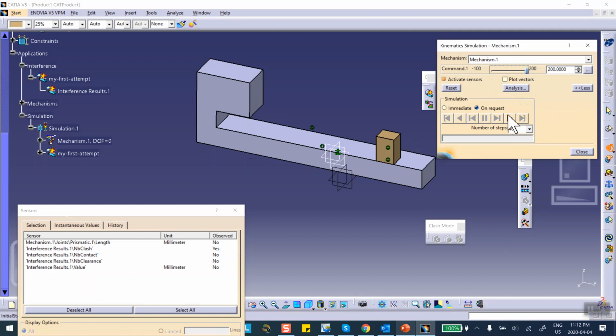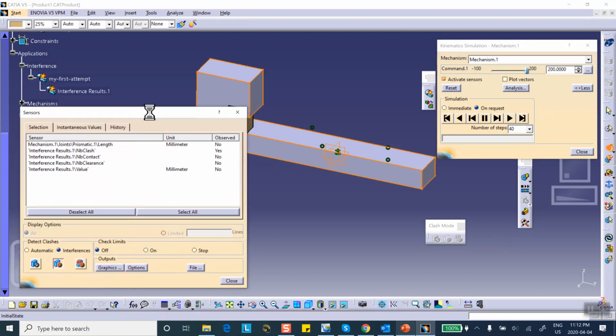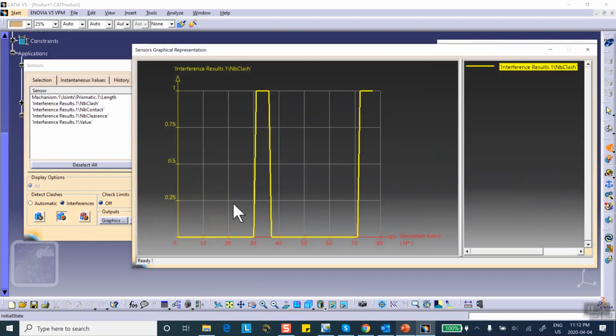This will not move until I click on the arrow right there. Okay, obviously they made an interference. Both are highlighted, but here, once that happens, you're going to say graphics, and it shows you that up until a certain point there was no clash, 0. Then there was a clash, okay,